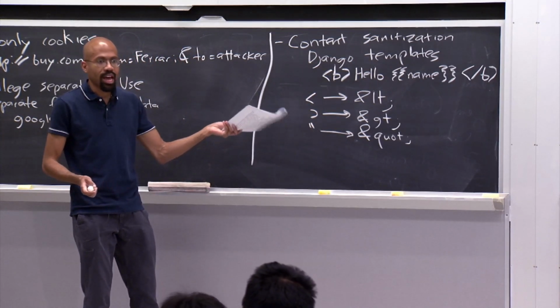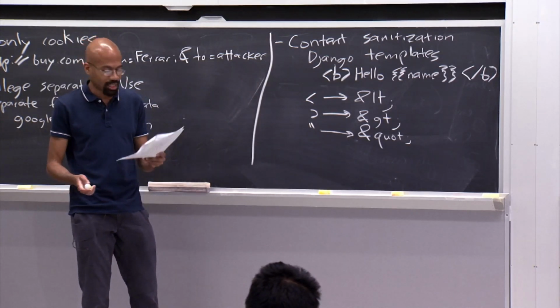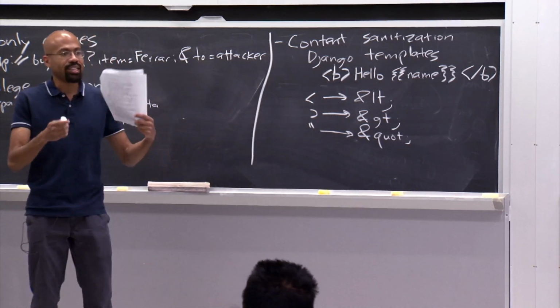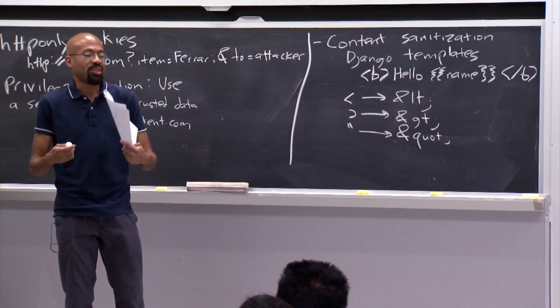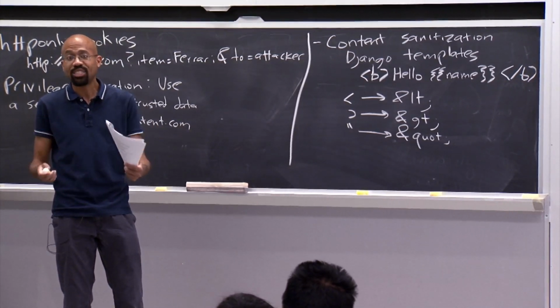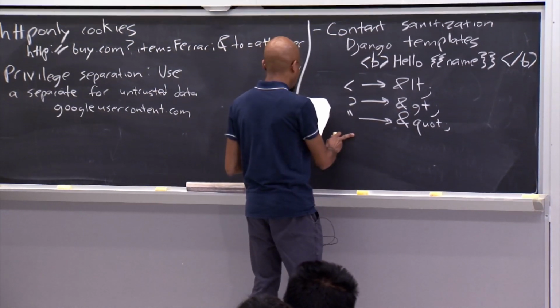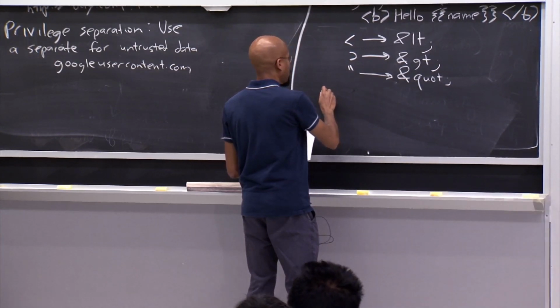Now note that this is not a completely foolproof defense against some of this cross-site scripting stuff. The reason, as we showed in the example, is that the grammars for HTML and CSS and JavaScript are so complicated that it's very easy to confuse the browser's parser. So for example, let's say that you had something like this. This is a very common thing to do